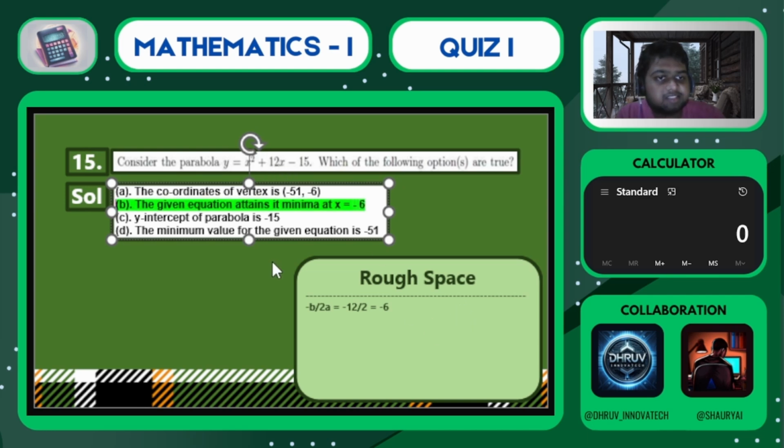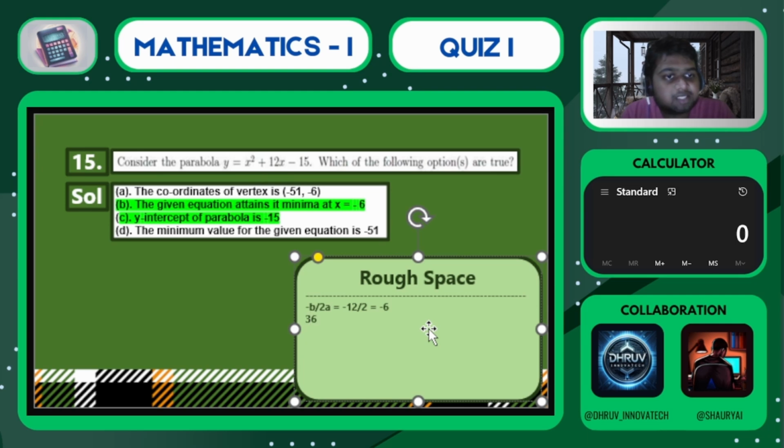ओके, सो y इंटरसेप्ट फाइंड करना है. x की वैल्यूज अगेन जीरोस डाल दीजिए, आपको y इंटरसेप्ट मिल जाएगा जो कि -15 बिल्कुल सही है. उसके बाद नेक्स्ट ऑप्शन है कि जो आपकी मिनिमम वैल्यू है वो -51 आनी चाहिए। लेट्स चेक। -6 को आपके इक्वेशन में सब्स्टिट्यूट कर दिए, यहाँ पे 36 आएगा पहले। उसके बाद आपको -6 इंटू 12 करना है, -72 आता है, और वापस -15 इक्वेशन का। लेट्स सी, -72 -15 प्लस 36, यूज -51। सो आपका ऑप्शन डी भी बिल्कुल सही है।